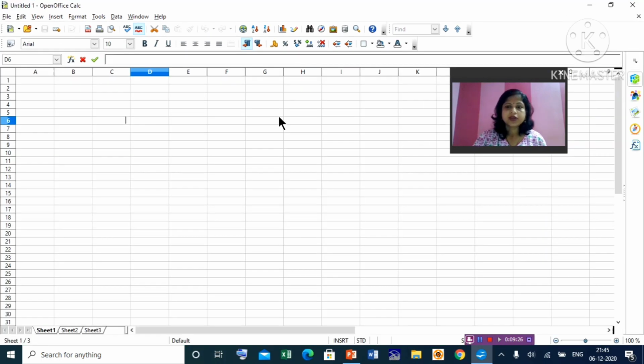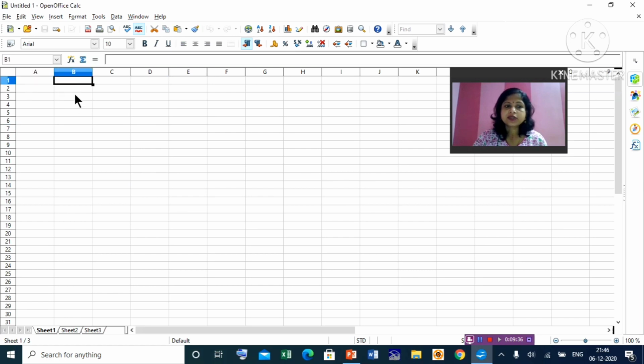Okay, so now you see this A, B, C, D, E, F, these are columns. 1, 2, 3, 4, these are our rows, and these small cells which are formed at the intersection of row and column are known as your cells. Suppose this is your active cell. Now it becomes highlighted when you take the mouse pointer, and you can tell this is the current cell. When you make a cell active, that will become our current cell because we want to enter data in that cell.